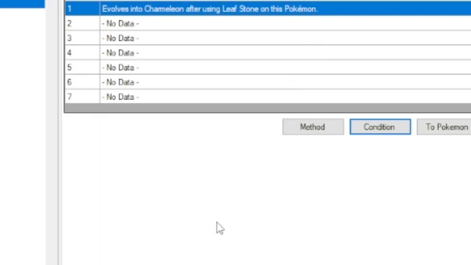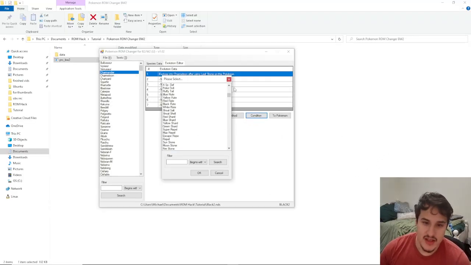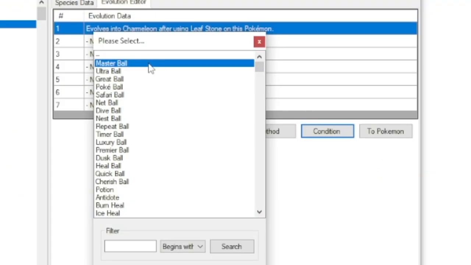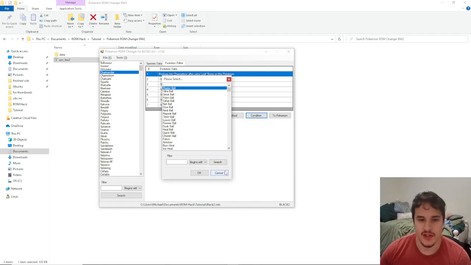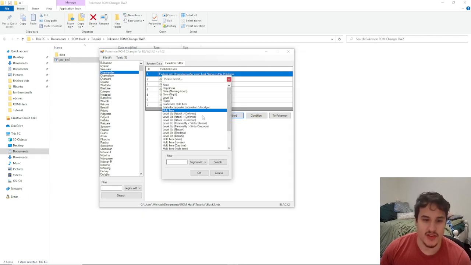I could use a Leaf Stone, but I might not be able to use, say, a Master Ball because I normally can't use that on a Pokemon. So you have to be a little careful with this. You might get some bugs, but if the item can be normally used on a Pokemon, then you should be able to use that as an evolution item. What I like to do is change everything to level up,